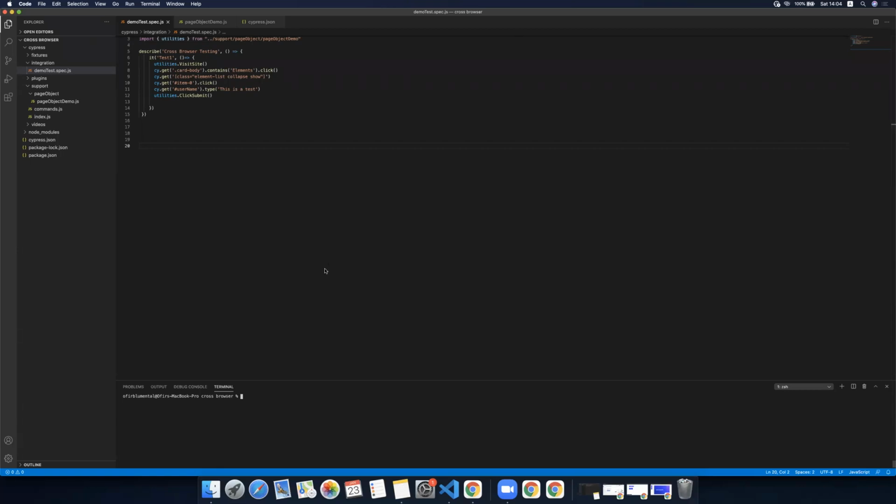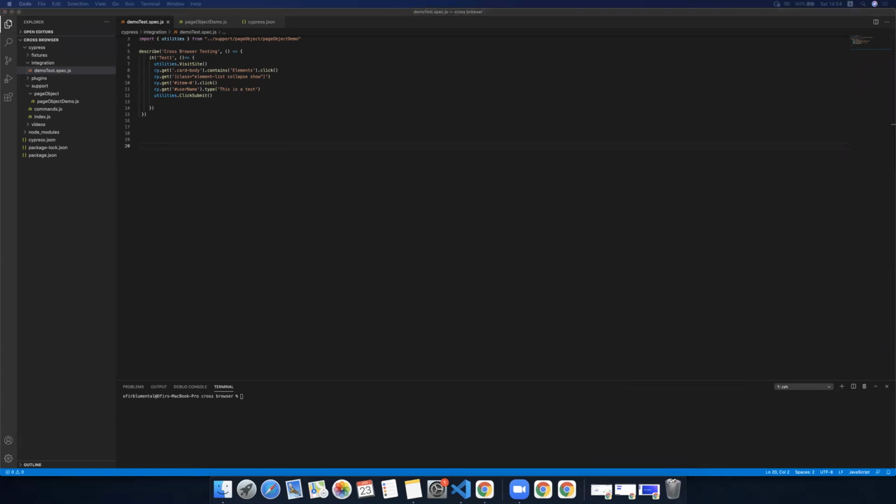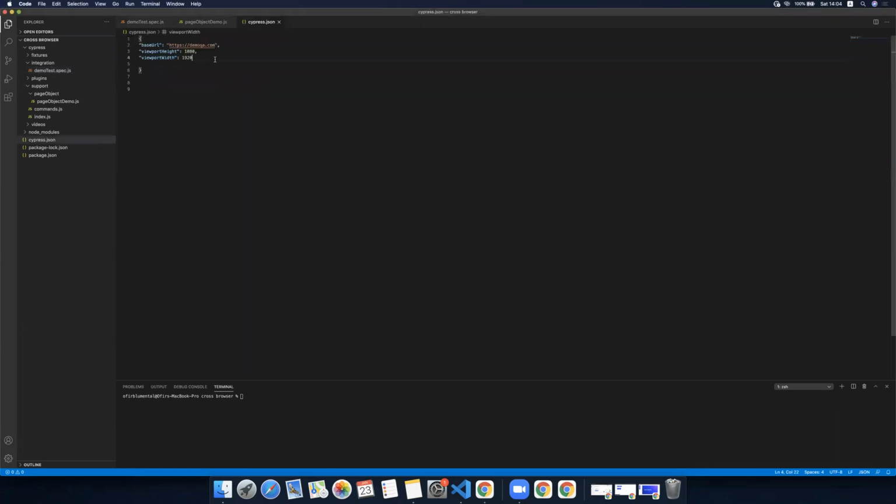Okay, so after we understand basically what Cypress Studio is, let's see how we can implement this inside our Cypress test. Like I mentioned before, we have to add the experimental studio line inside the Cypress JSON file. So we will just add this line and save it. And if we go back to our test and run npx cypress open,